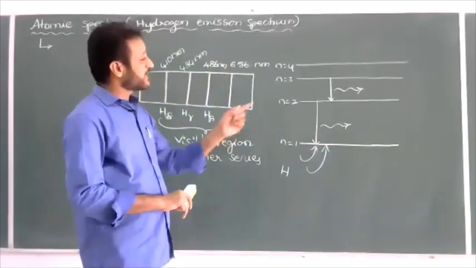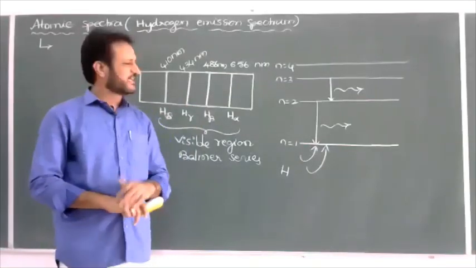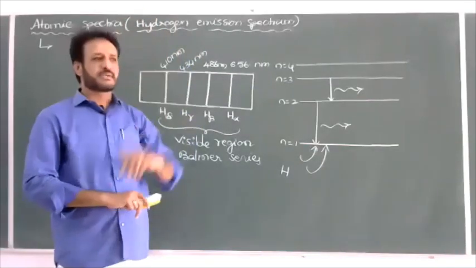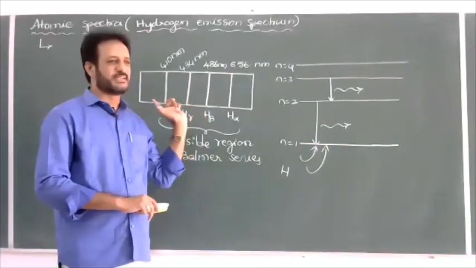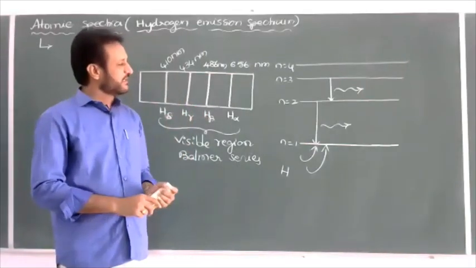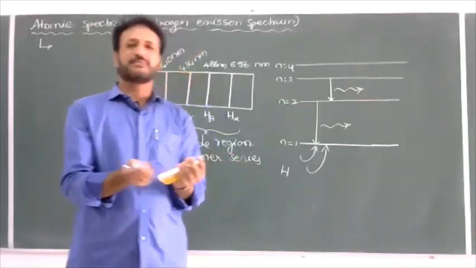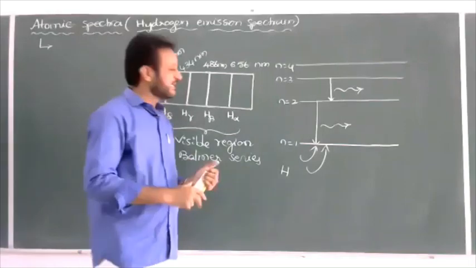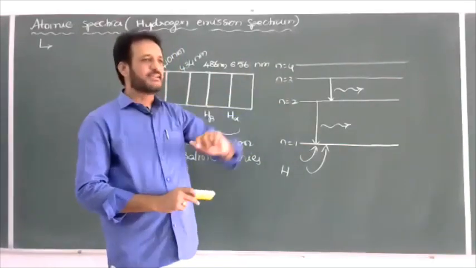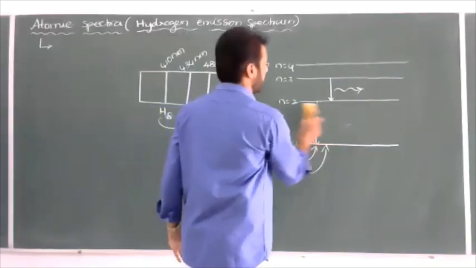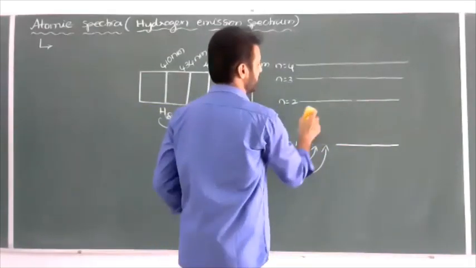But the spectrum, if you observe carefully in the hydrogen atom, is not one spectral line. It contains a large number of spectral lines. But a hydrogen atom contains only one electron. How is it possible? If I take, for example, hydrogen gas, whenever some amount of energy is supplied, each and every hydrogen atom gets excited. For example, one electron jumps from the first orbit to the second orbit after absorption of energy.